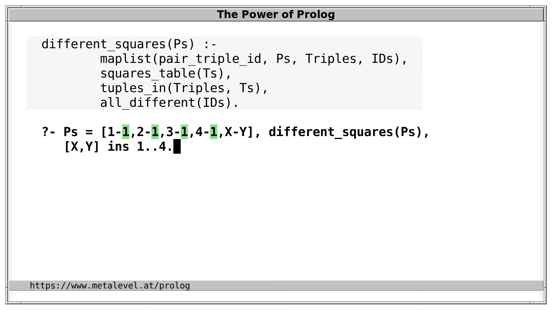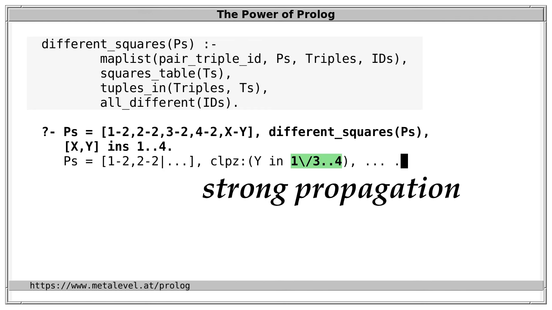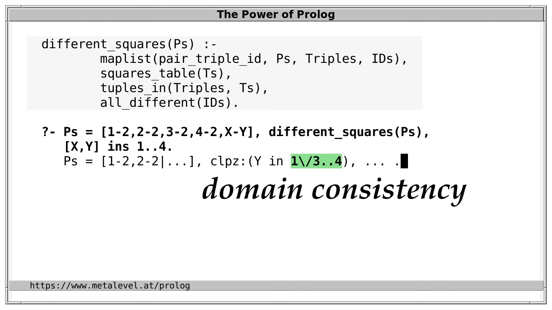We've now tried this with rank 1 completely occupied. Let's try it instead with rank 2. And from the answer, we see that this formulation propagates really strongly. It removes inconsistent values not only from the domain boundaries, but even from the inside of domains. In this case, 2 is no longer an element of the domain. This stronger form of consistency is called domain consistency, because every value in the domain is consistent with each posted